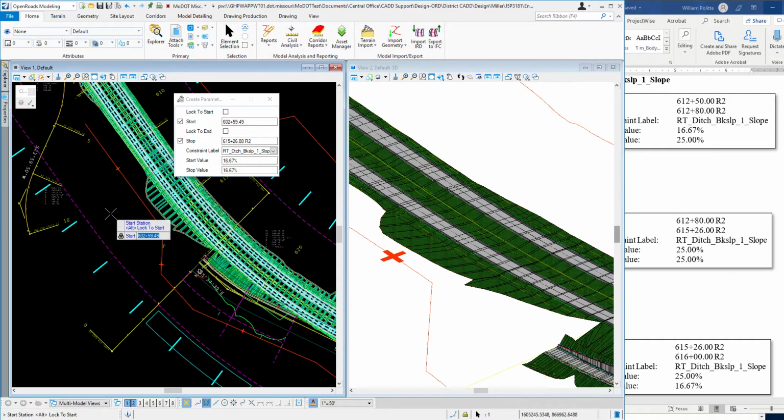Okay, so we'll go to 615 plus 26. Region 2. We'll go ahead and lock that in, accept it in a blank area, and we're going to finish it at 616 plus 00. We'll do a region 2 as well on that. Lock it in, accept it, same constraint label,